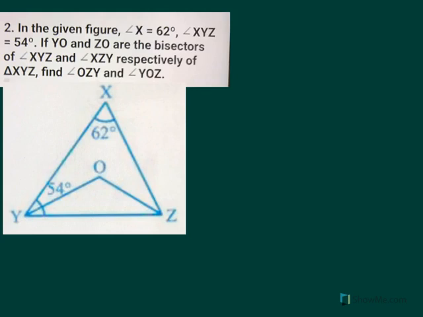In the given figure, angle X is 62. So we'll mark it. This is angle X and it is 62. Angle XYZ is 54. So XYZ is this angle. Yeah, XYZ. This angle is 54. So to start with, we'll take the triangle